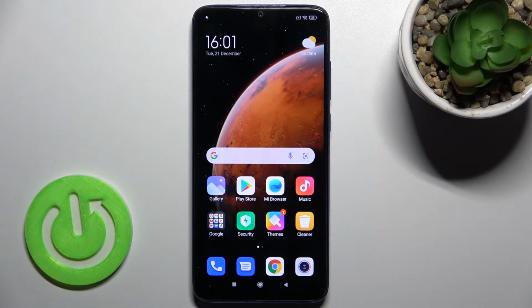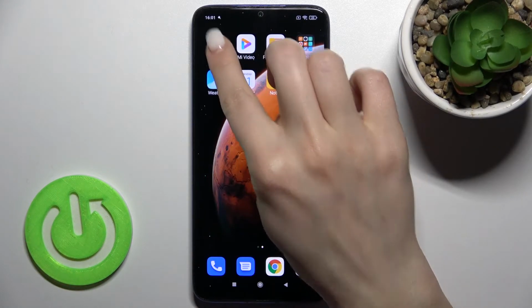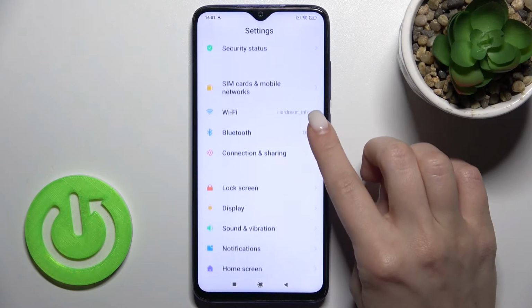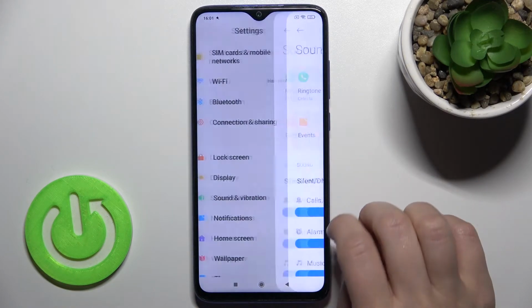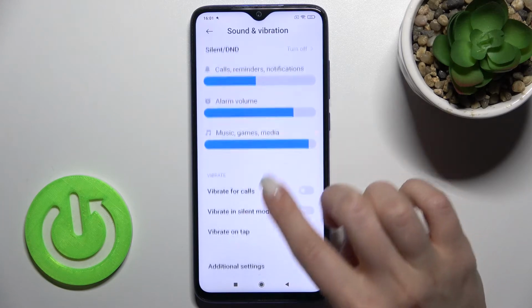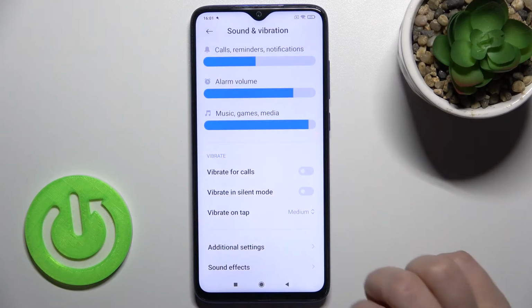Welcome to the in front of me XIAOMI Redmi Note 8 Pro, and I'll show you how to enter vibration settings on this device. So first you should go to the settings application and scroll down to the sounds and vibration section. And now just scroll a little bit more down, and here as you can see we got the